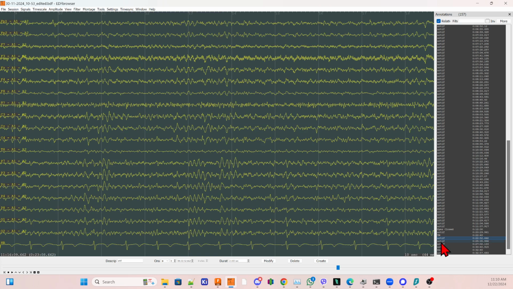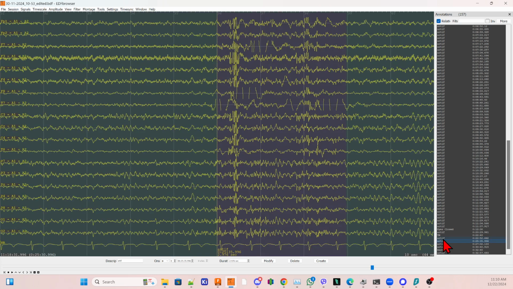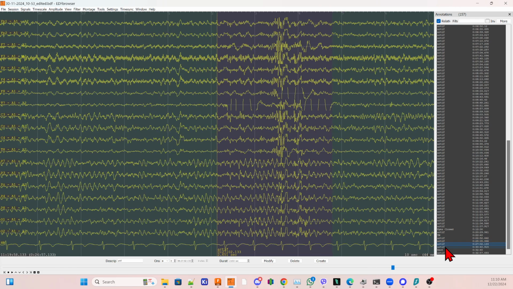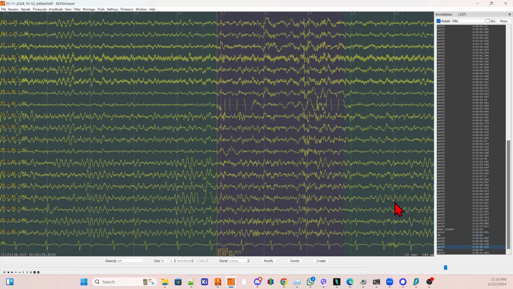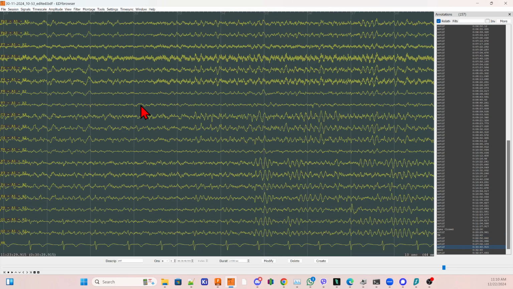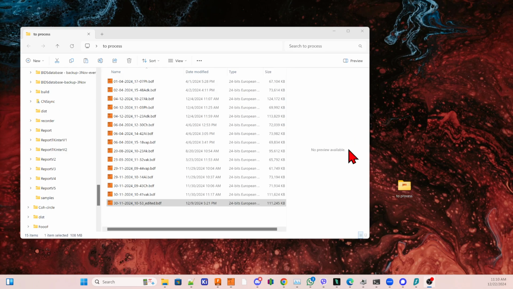And if we move forward, if you click on the artifact, it takes you to the time period. So this bunch of noise here, and this noise here, and here. So we want to mark all of them so as to be able to generate a good report. And what that looks like is, if I